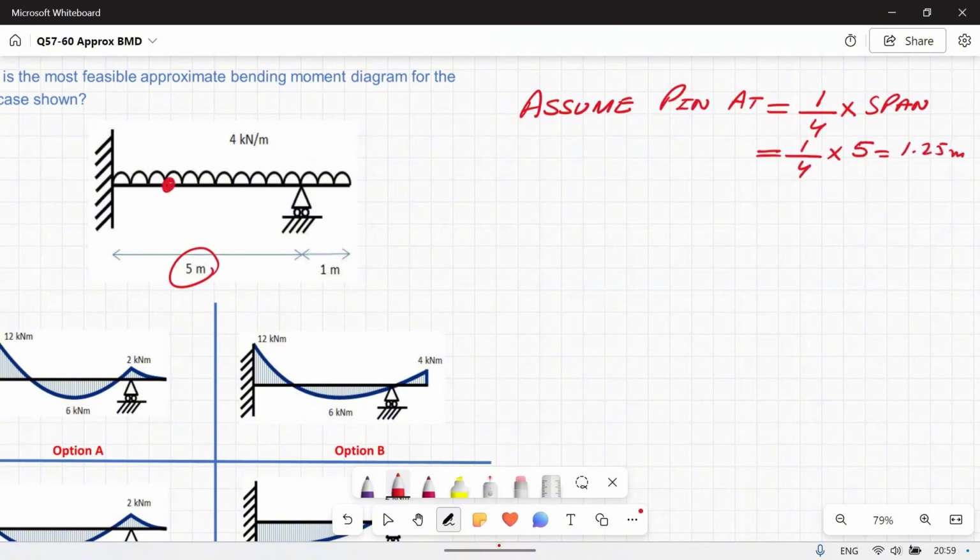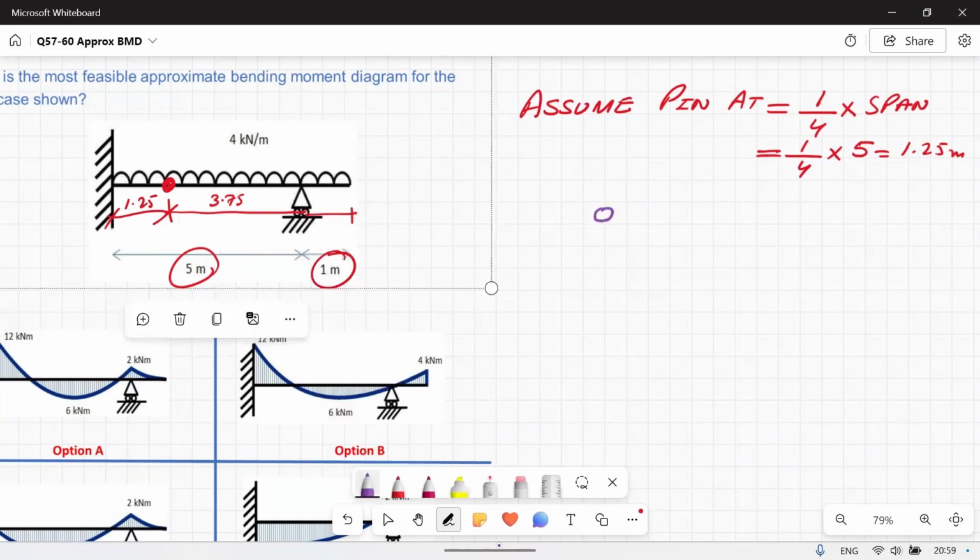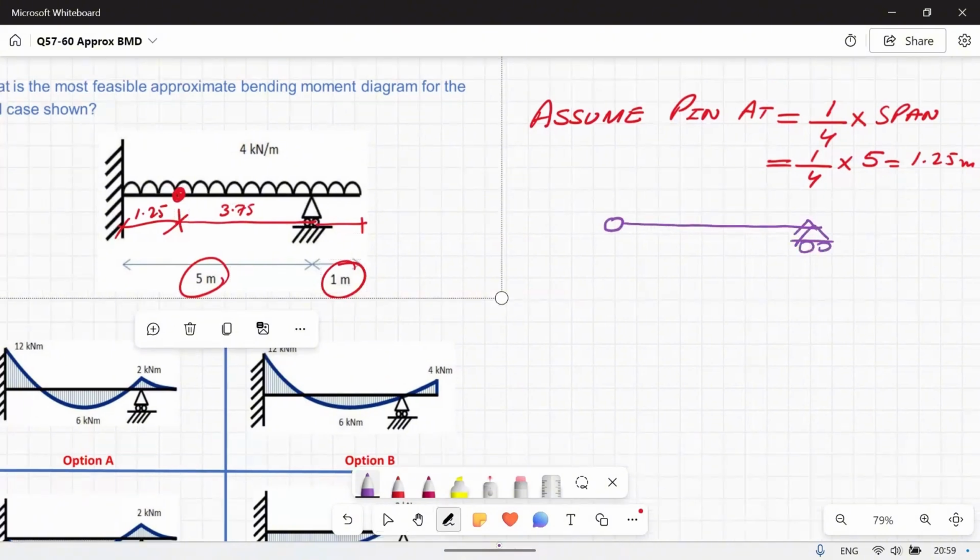So here I have a pin, and this distance is 1.25, this distance is 3.75, and the distance here is 1. Now I will isolate the right part. So isolating this part will give me a pin support over here and distances are 3.75 and 1 meter,